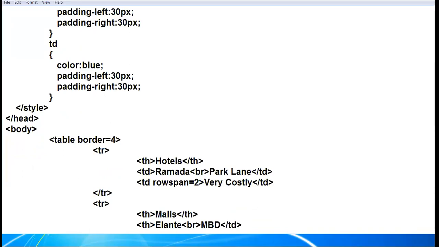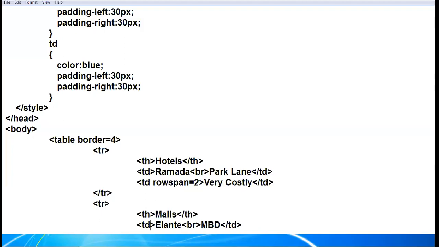Now see here, when you are writing the BR in between the cell, the content of that cell will come in separate lines. The cell is one, and the data inside that one cell will come in separate lines.